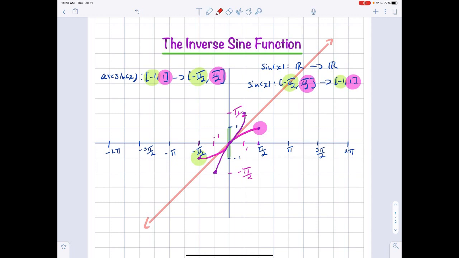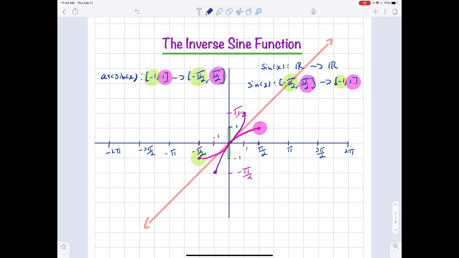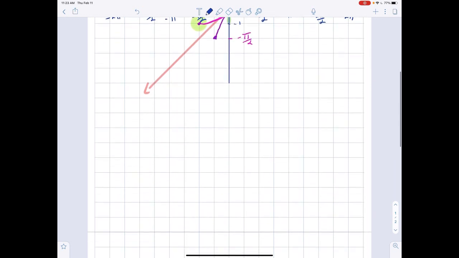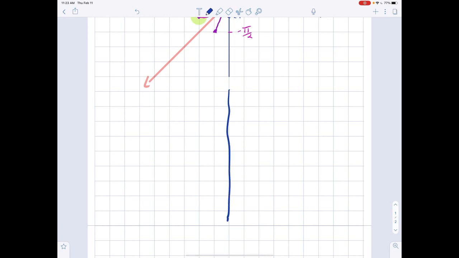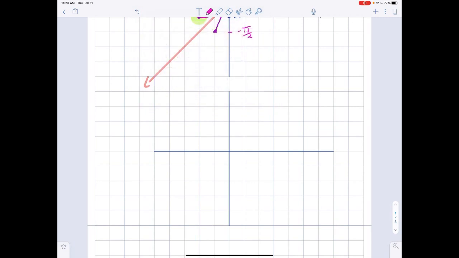And so an important takeaway from this, the last thing we do before we move on to cos, is that the range of the arcsine function, we have to keep in mind that it's negative pi over 2 to pi over 2, because this is going to be important when we're solving trig equations. Because if you plug arcsine of some angle into a calculator,